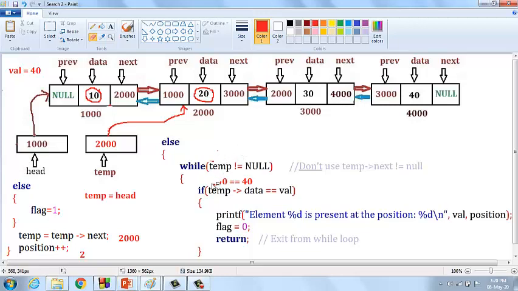My search element is 50. So how can I search whether a certain element is present in the given list or not? This is the scenario, and temp points to the first node in the given list, that is 1000.